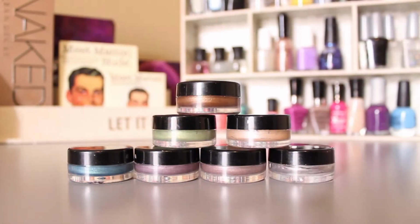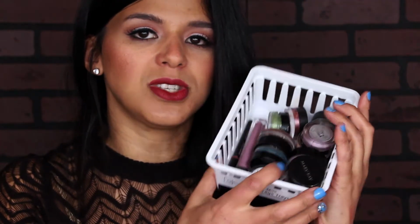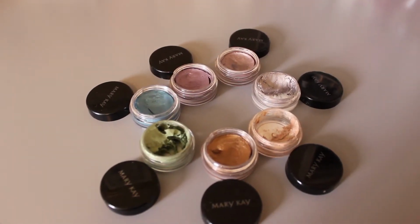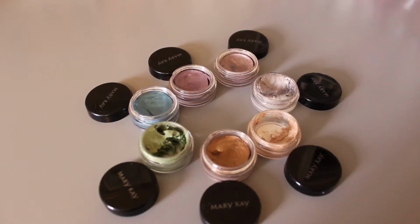I'm gonna start with the first product that I need to mention, and these are the Mary Kay cream eyeshadows. I have a big basket full of them and some color tattoos and MAC things, but mostly the cream eyeshadows I have are all from Mary Kay. They're not quite as affordable as the color tattoos that are around $6. These ones are about $18, but I wanted to buy 2 colors that I couldn't find in the color tattoo